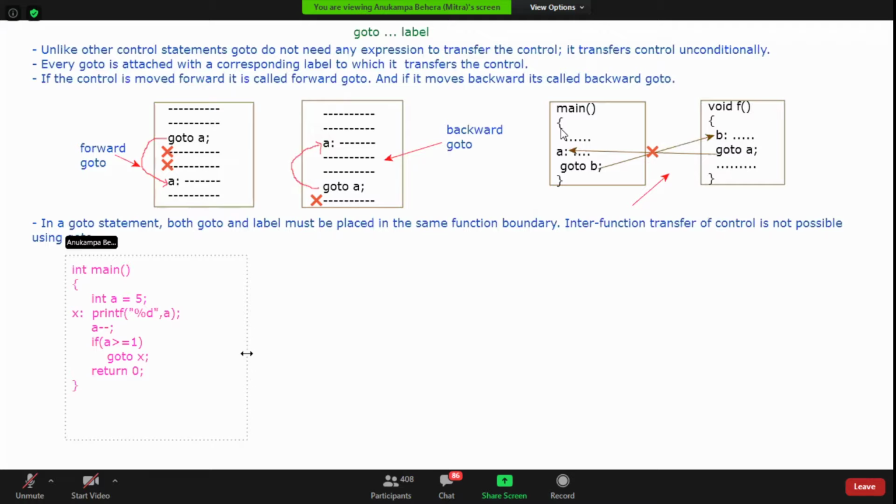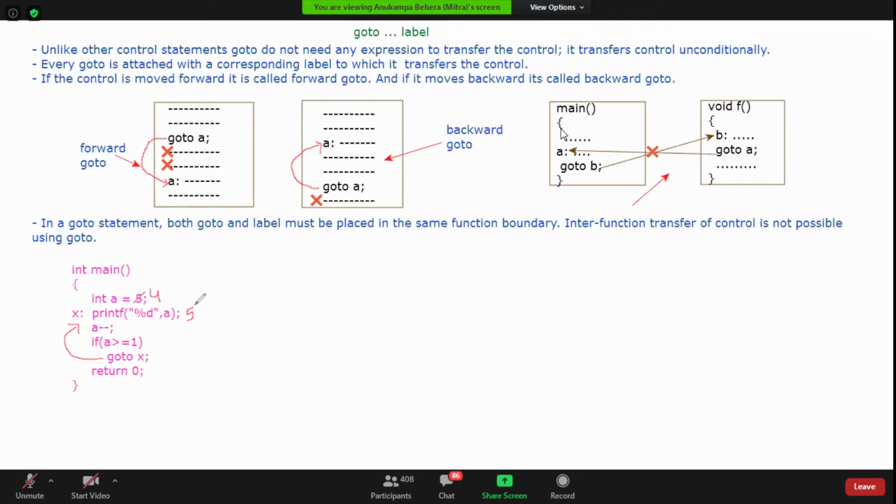In this code, we are starting with the value of a as 5. Then we say print percent d a. So how much will be printed? 5 will be printed here. Then a minus minus. So 5 will become 4. Is it greater than equal to 1? Yes. So go to x. It will go here. Fine.